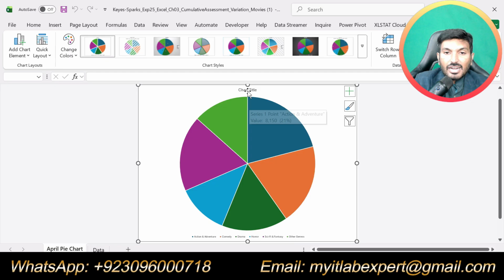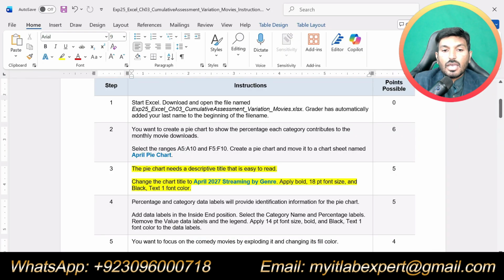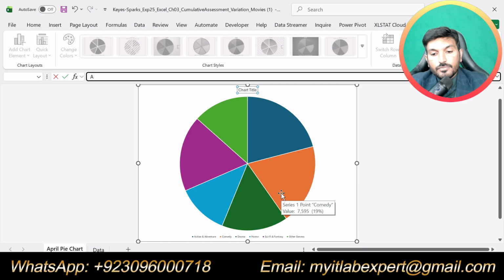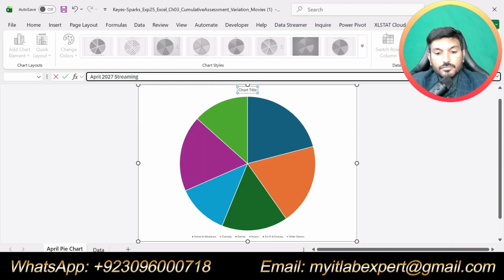So just select the chart title, then go to formula bar here, and here we are supposed to type April 2027 streaming by genre.